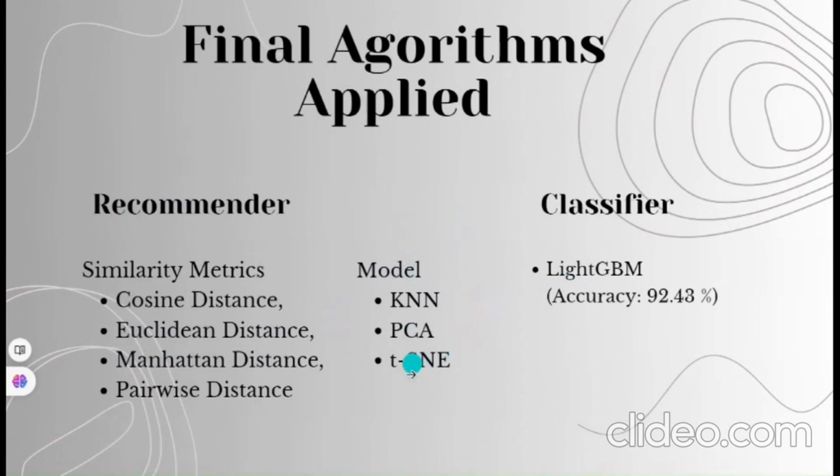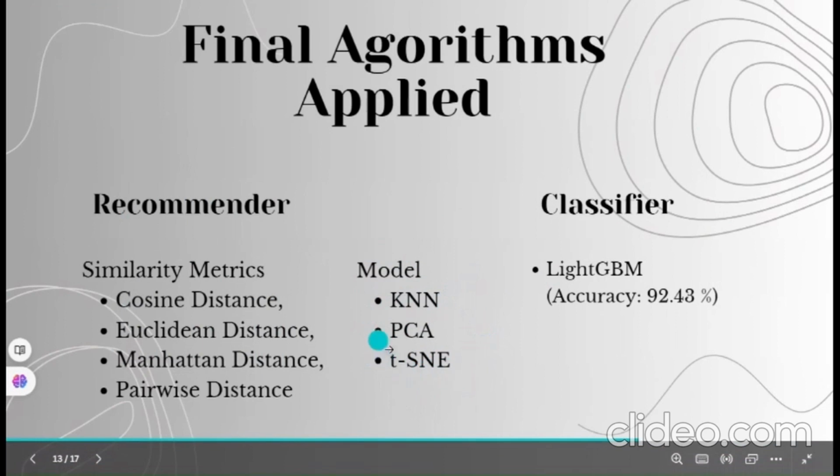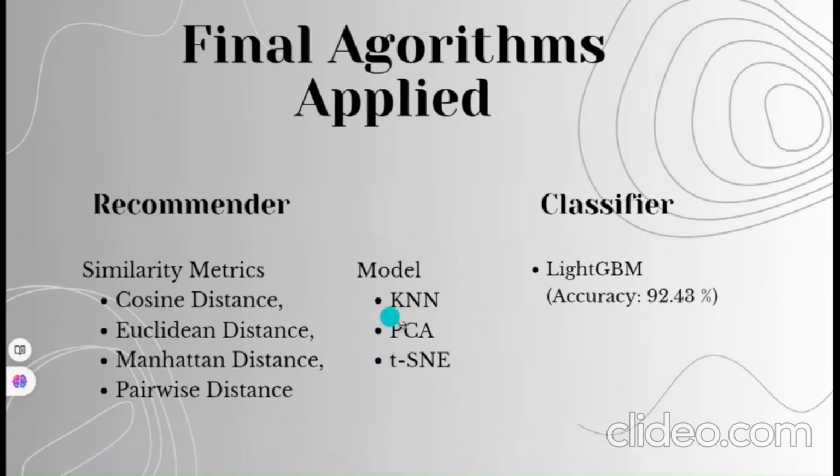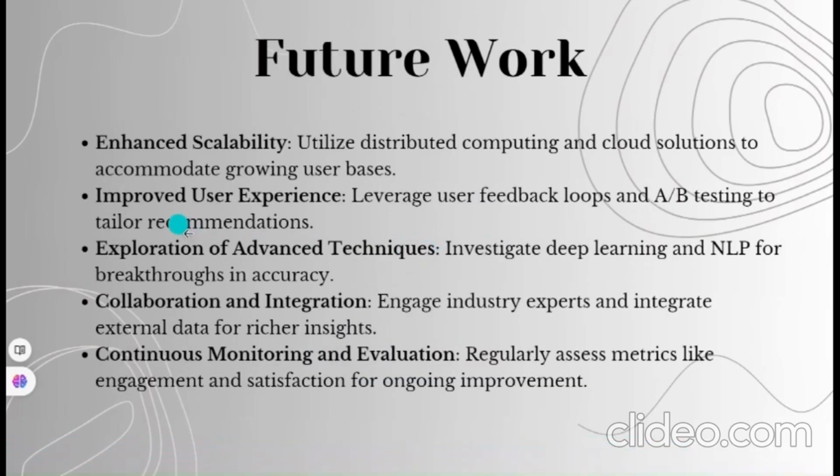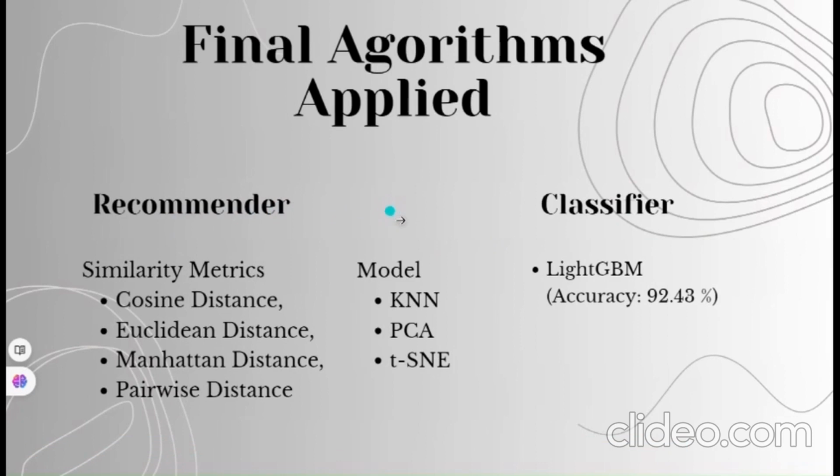So after applying all the previously described models, we found that our KNN, PCA, TSNE, these three techniques and these three algorithms will perform better. And we didn't have that relevant recommendation for comparing our result with. So we employed some user experience kind of thing to determine which recommendation will be cool enough. So that's how we decided which similarity metrics and which models will be good enough for this recommender system.